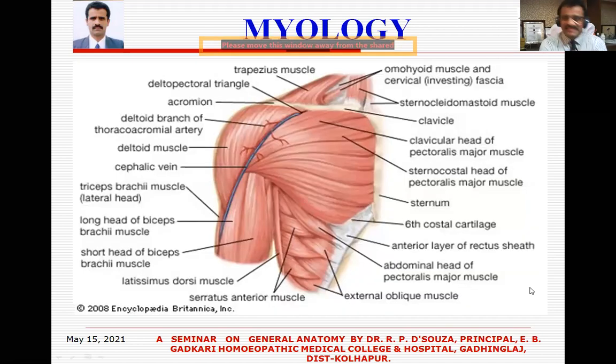Now, for the actual study of skeletal muscle, I took some points to make you understand the general myology of the different skeletal muscles present in the body. I took into consideration many muscles, right from the head, face, and neck, to your upper limb, chest wall, lower limb, and abdomen. Everything was considered to explain the general myology of the whole body. Now I'll show you some figures to make you understand further.